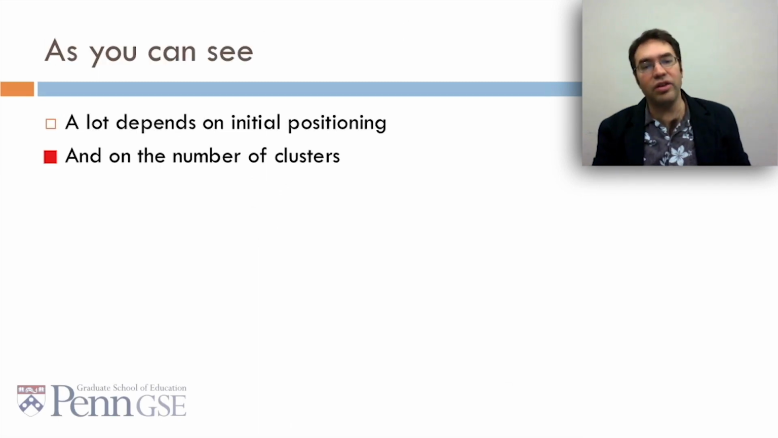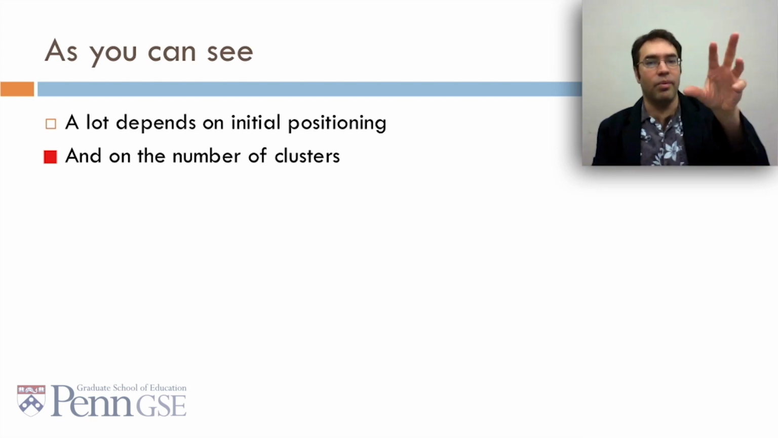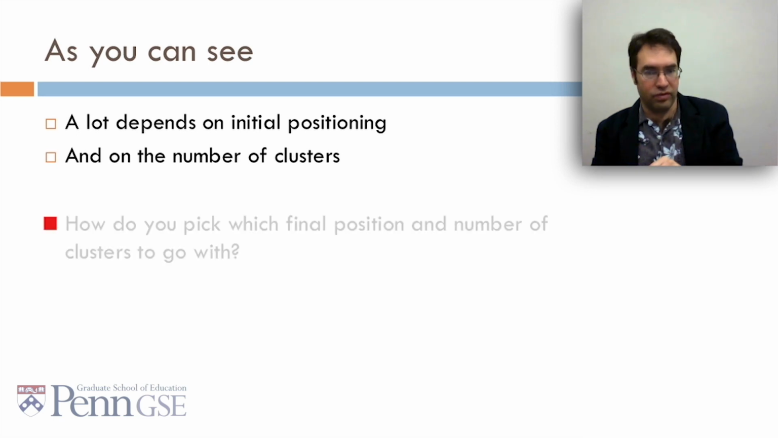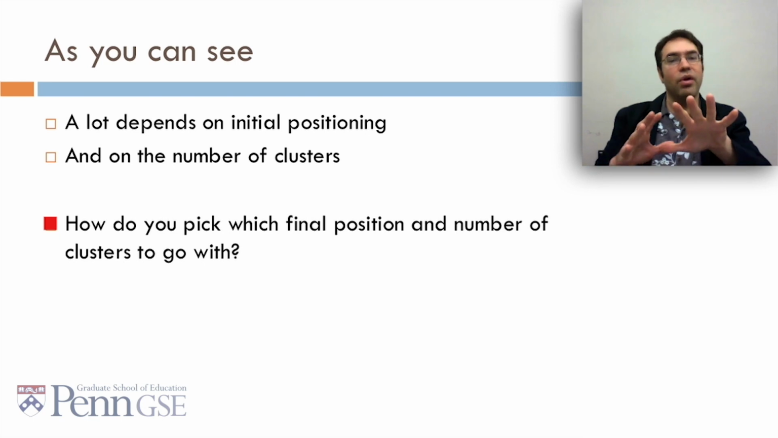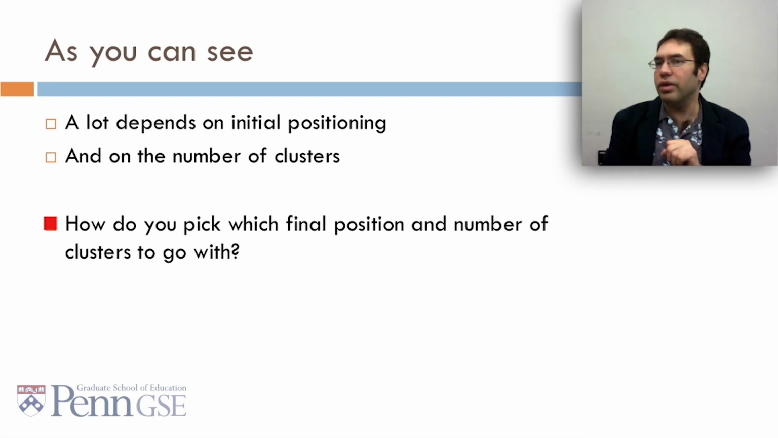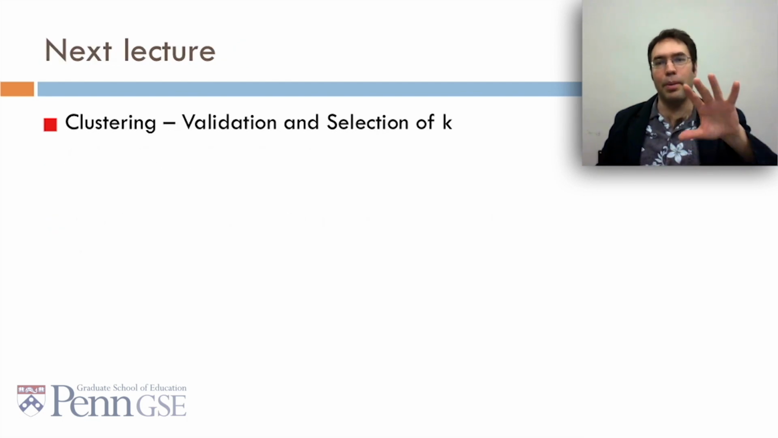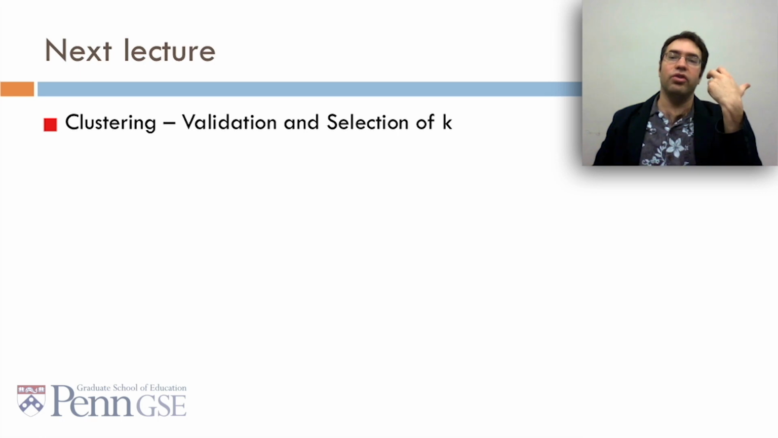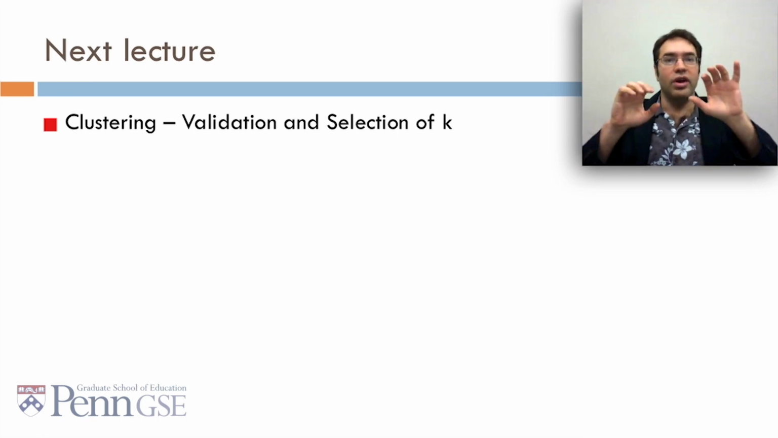As you can see, a lot depends on initial positioning and on the number of clusters. This is why we do randomized restart with new positions several times to try to make sure we don't just get unlucky once. How do you pick which final position and number of clusters to go with? If you run it 17 times, how do you know which of the 17 is the one you want to go with? Well, that's the next lecture. In the next lecture, we're going to talk about how you validate, how you decide which is the best model when you have 17 with the same number of clusters, and how you decide how many